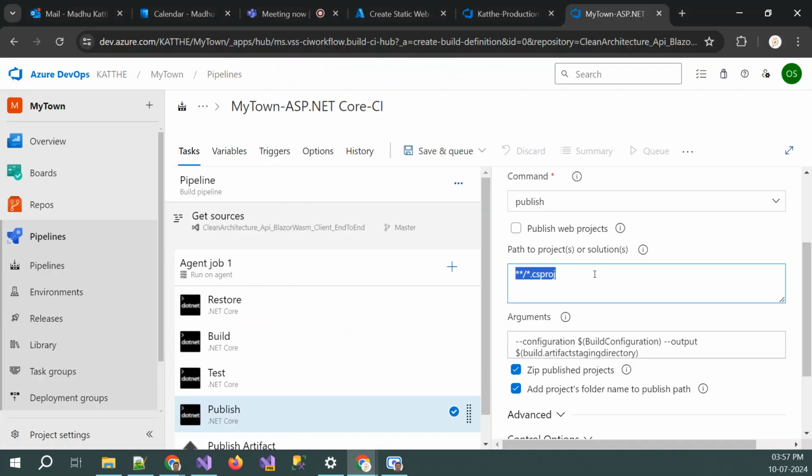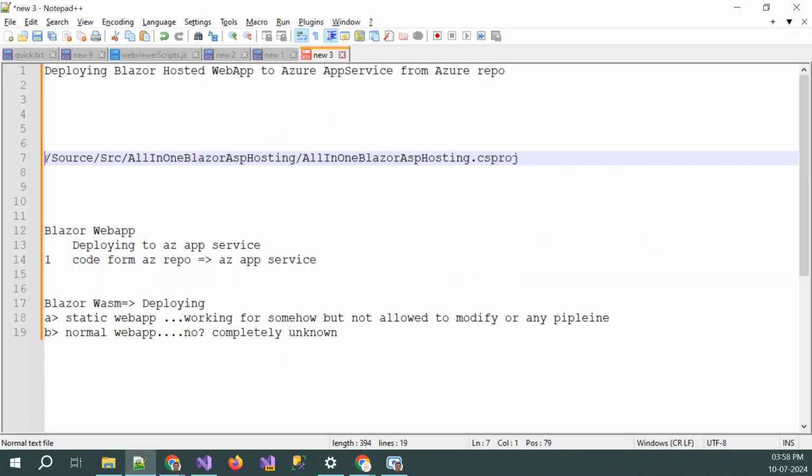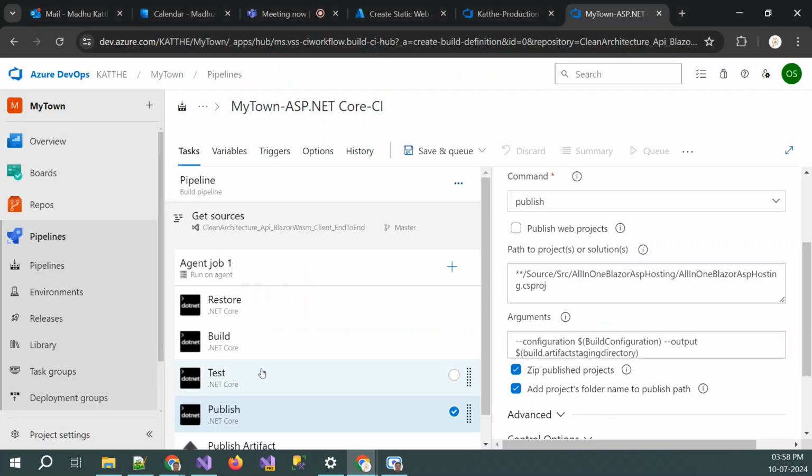See, path to project solutions. So I have to mention star star slash this. So the advantage is, one sec, instead of searching the full folder, all those things, it will just directly check for this particular one. Okay,